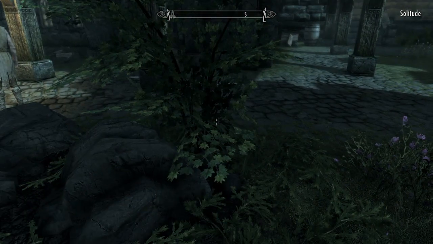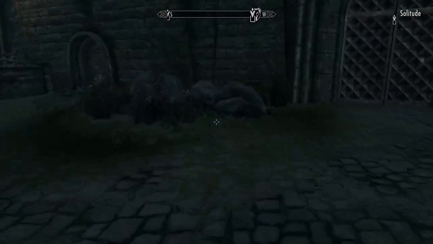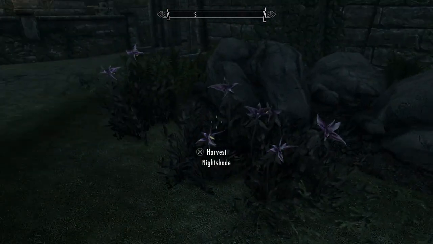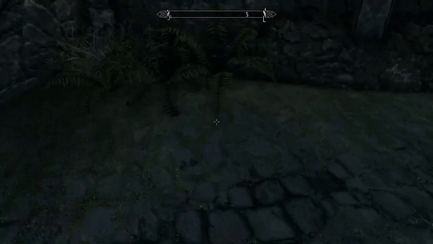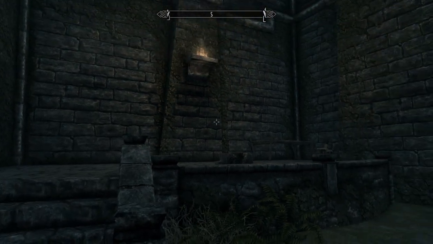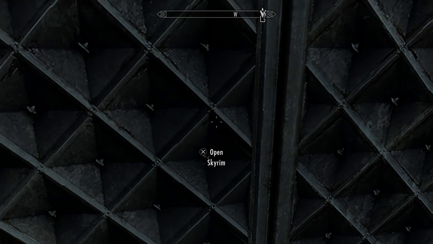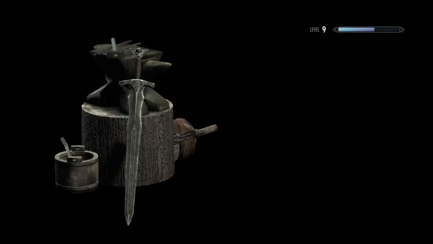Looks like it could be a maple tree, some more mountain flower. Nightshade. I think I got nightshade all over this city. And it might be this is where I saw the guy executed when I came in. That was a pleasant sight. Alright, so